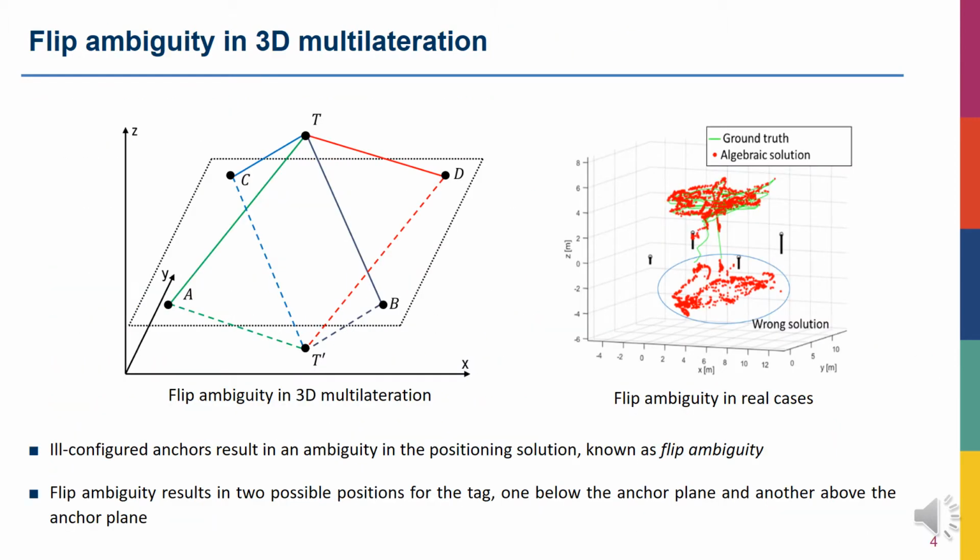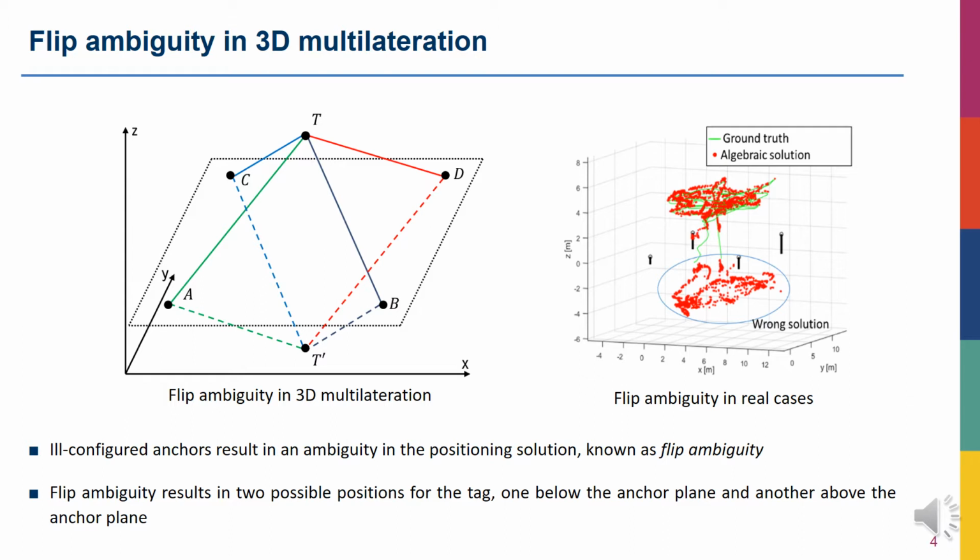The problem of UAV positioning can be formulated as estimating the location of the UWB tag relative to the anchors. To address this problem, multilateration techniques can be used. For reducing uncertainty in the estimated position, the anchors must not be coplanar or near coplanar. However, in real-world operational circumstances, this condition cannot always be satisfied.